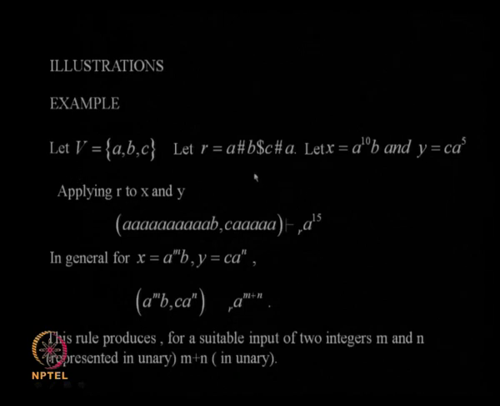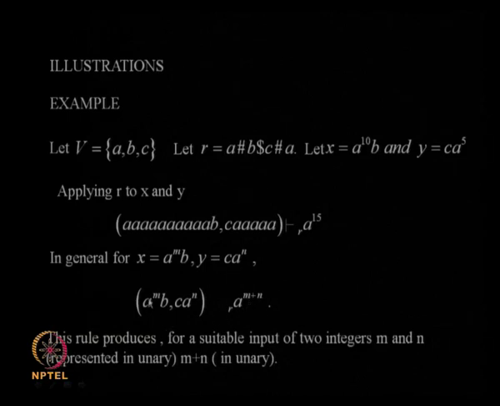You can also look at it as computing a function. Look at this alphabet A, B, C. The rule is of this form: the cut is made between A and B, and in the second string the cut is made between C and A, and you start with x as A power n B and y as C A power n. Then if you take a string of this form, the cut will be made between an A and a B. In the second portion, the cut will be made between a C and an A. So, the first portion A power m will combine with the second portion to get you A power m plus n. So, actually it is performing addition.